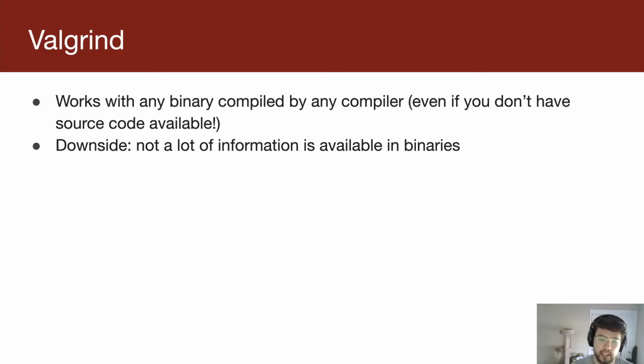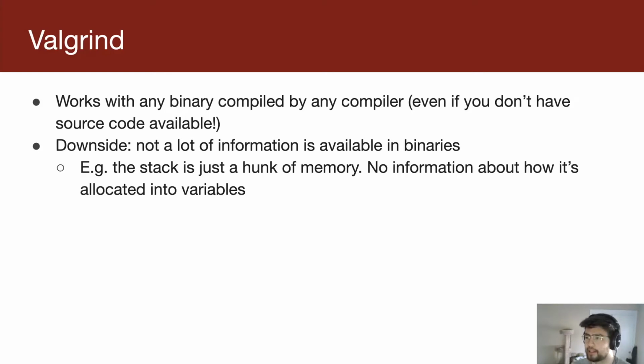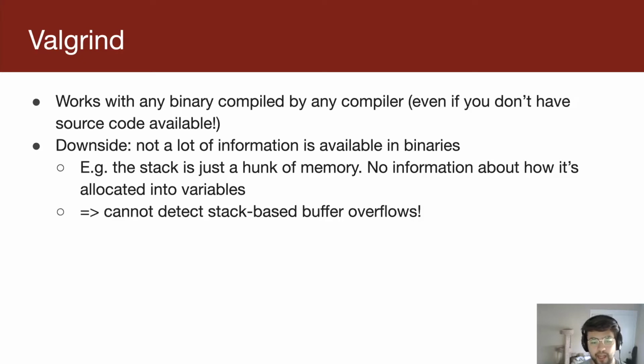As a result, Valgrind actually has no idea where your stack variables are. It's pretty good at detecting heap-based buffer overflows because it replaces every malloc call with its own allocator, and then it knows where all your allocations are. This is kind of how it knows where the variables are, because it's like, okay, you made this allocation of size 8, you made this allocation of size 32. I'm going to make sure that if you use heap memory, you're within one of these allocations. But it has no idea where your stack variables are.